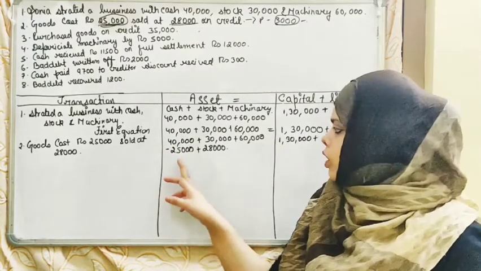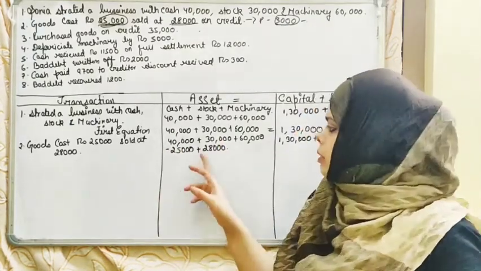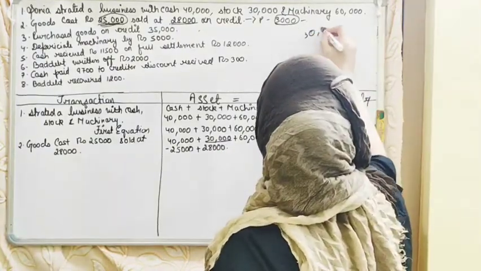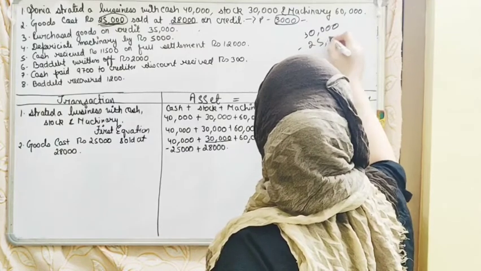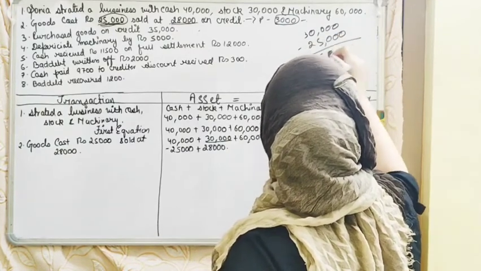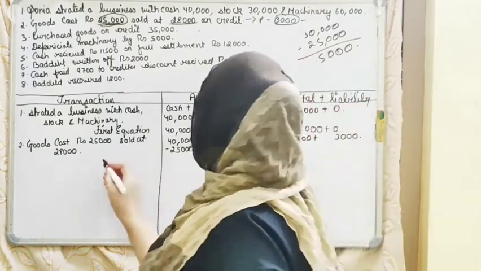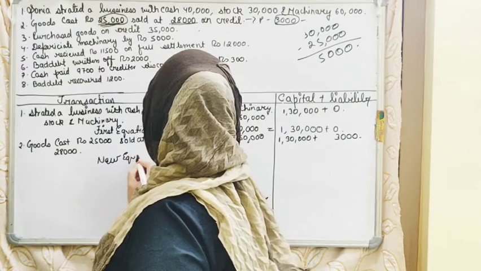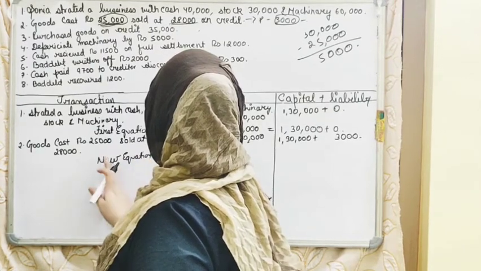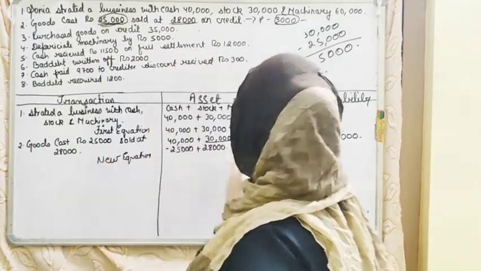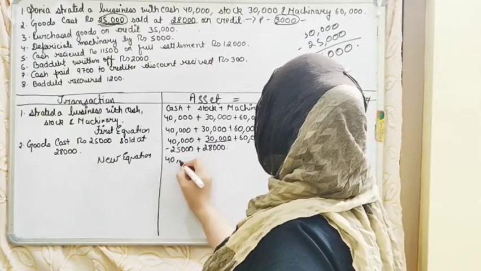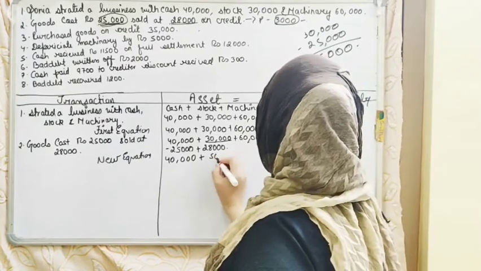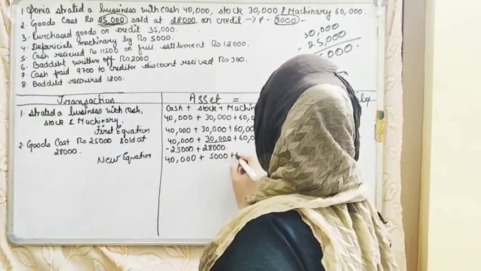We are having a stock of rupees 30,000. We subtract 30,000 minus 25,000, we get the amount of rupees 5,000. So the new equation, that is 40,000 plus the amount 5,000 plus 60,000